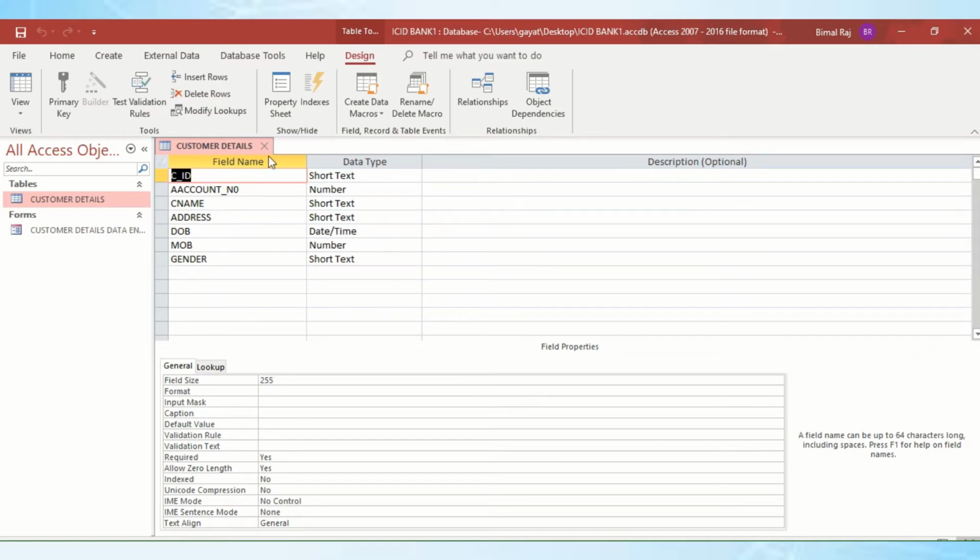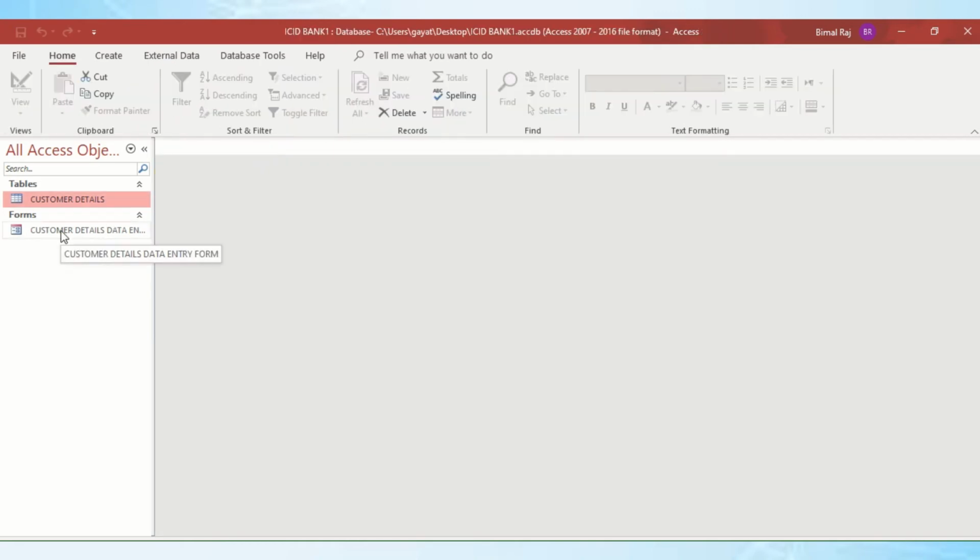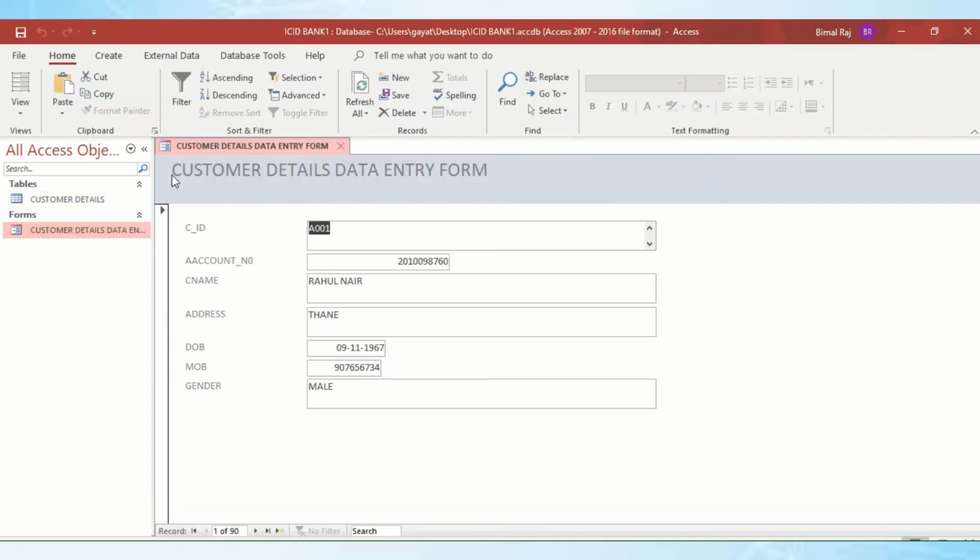This was our design view, and using the wizard we had created the data entry form last time, and we had done data entries. Now there are 90 records. I have added a few more records after my previous class. As a slight revision, the last record is 90 of 90, and if I want to move one record at a time, this is the first record, and the next record and previous records. This way I have entered some 90 records in this table.